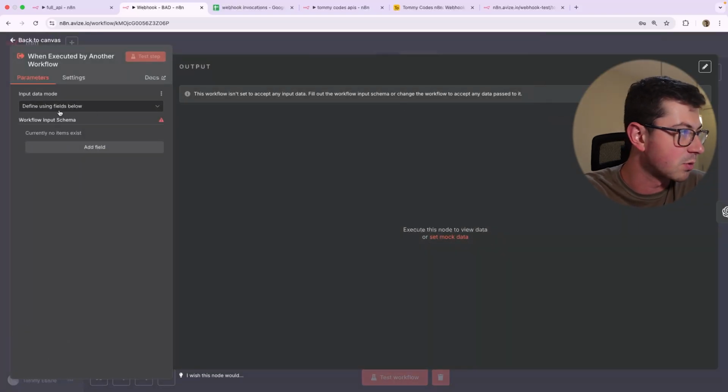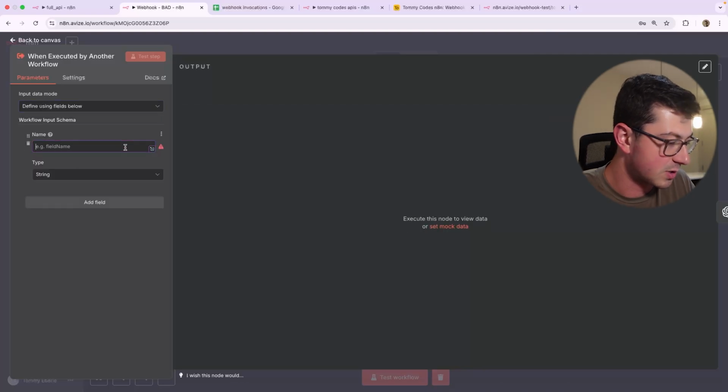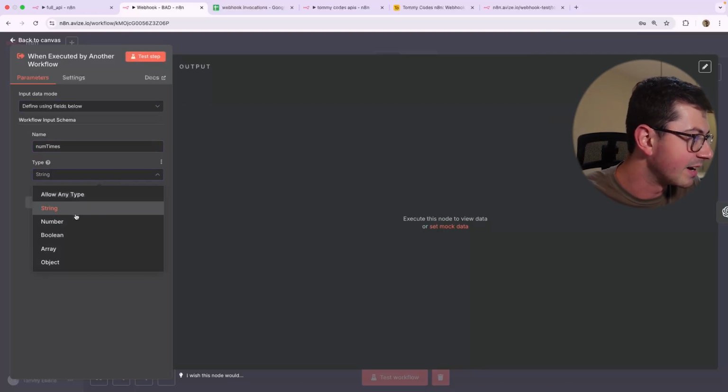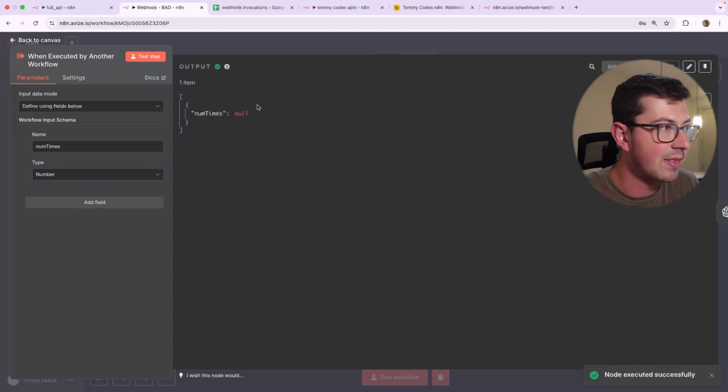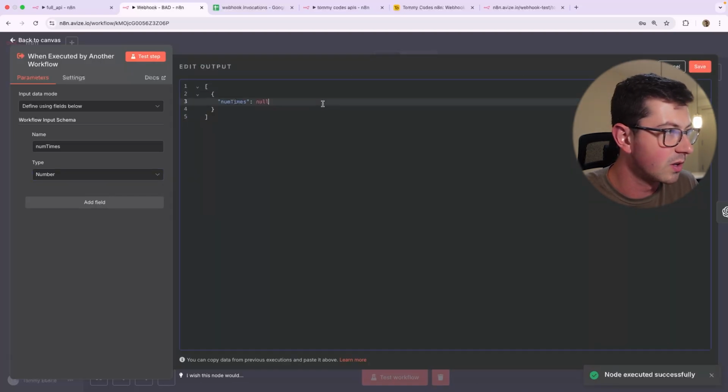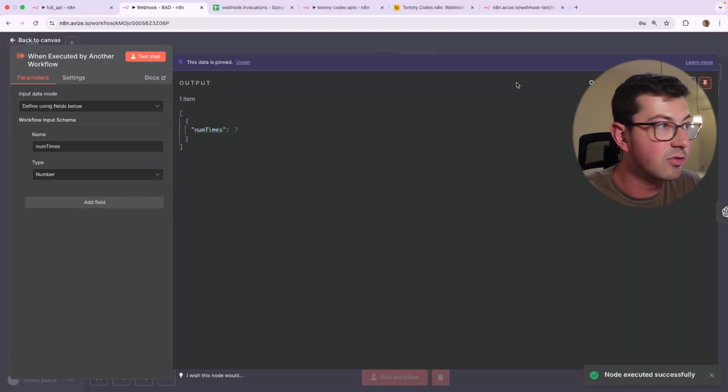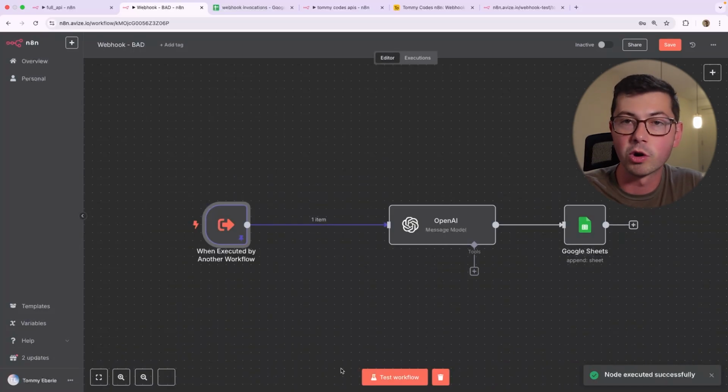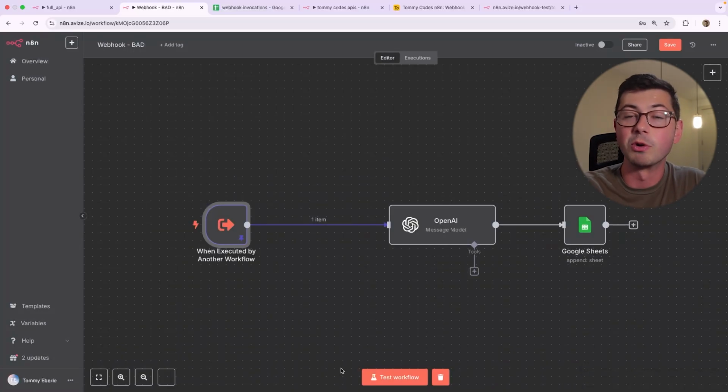Okay, go away 1Password. So what you're gonna do is, what was it, num times? Yeah, so it was num times. That was a number, and test that step, and then you're gonna go in here and just hit the little pencil, change this guy, hit save, and this is how you should set up your workflows, at least with the business logic. And the reason you wanna do that is now you don't have to worry about any of the